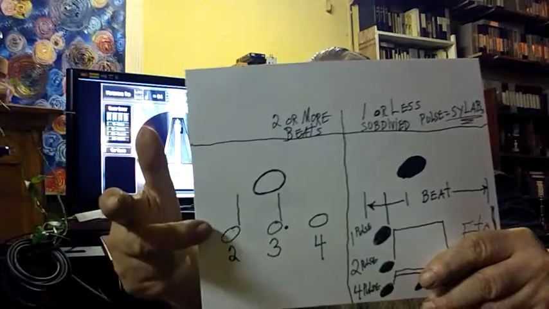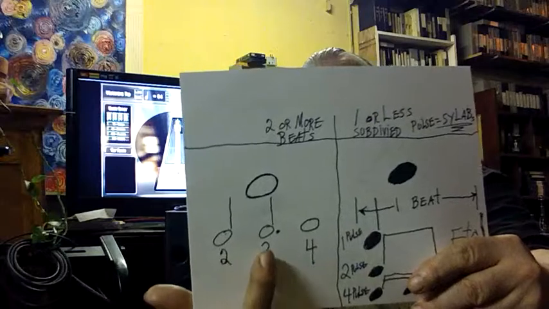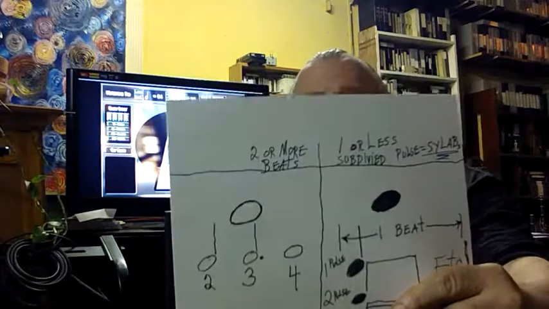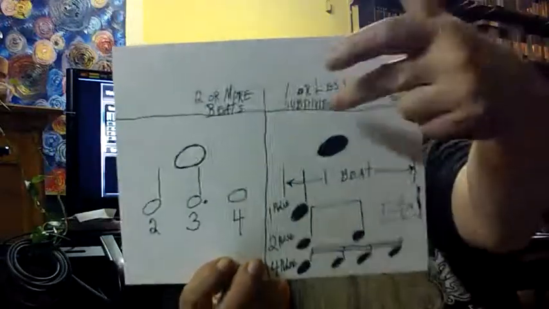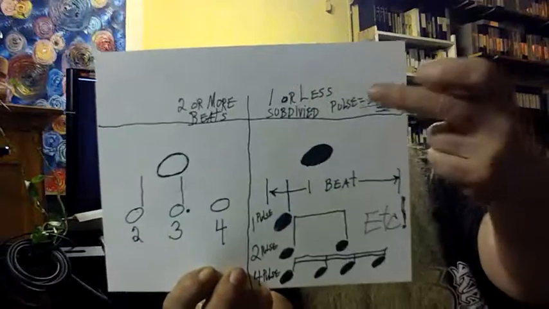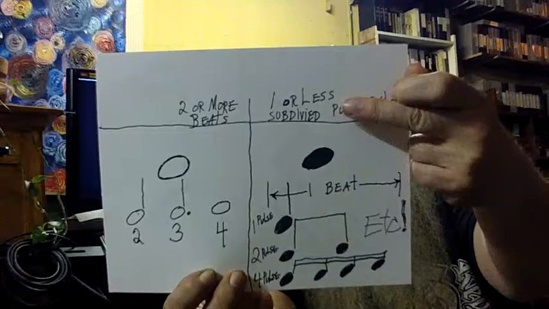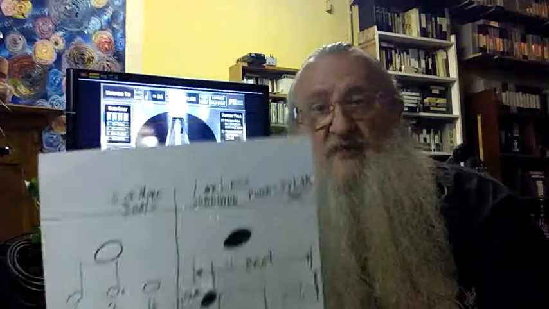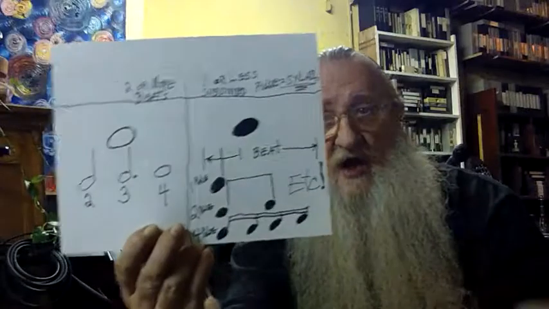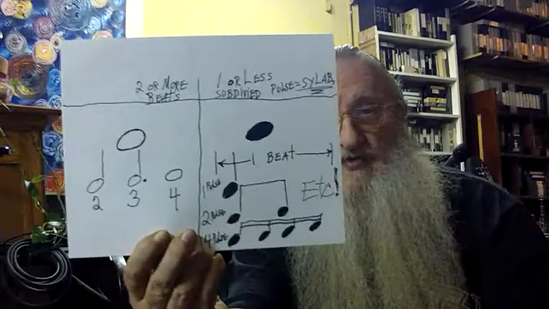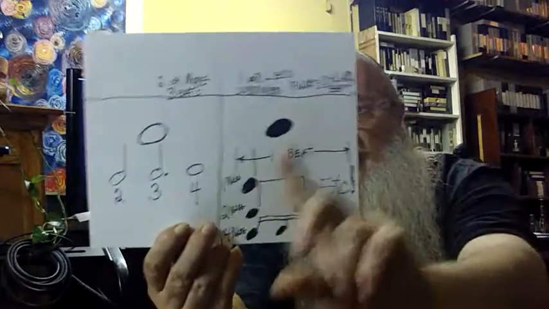With one stem it's 2, a hollow note with a dot is 3, and then a hollow note without a stem is 4 beats. Over here you can see 1 beat, 2 beats, less than 2 beats. It could be 1.5 beats or 1 3/4 beats, but solid notes are less than 2 beats, and usually a